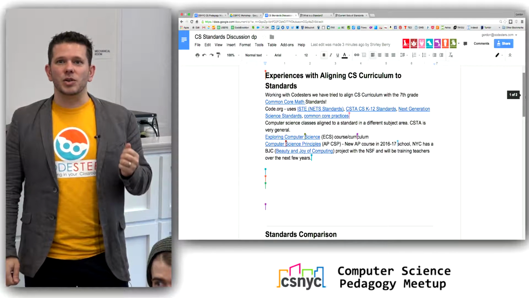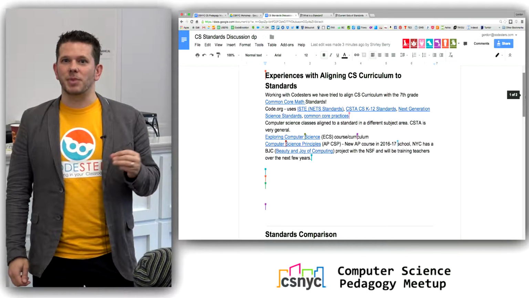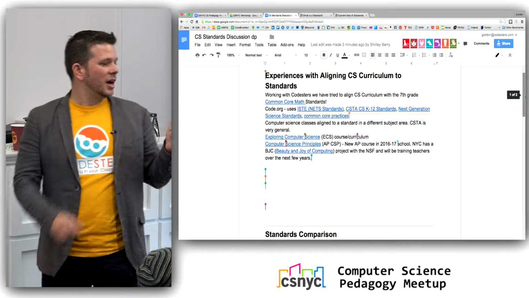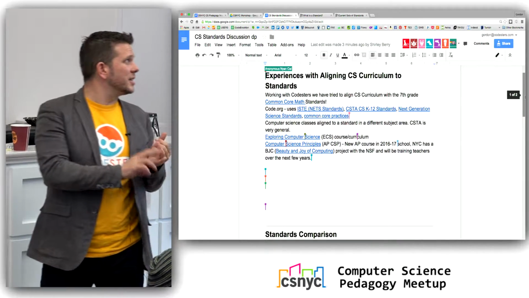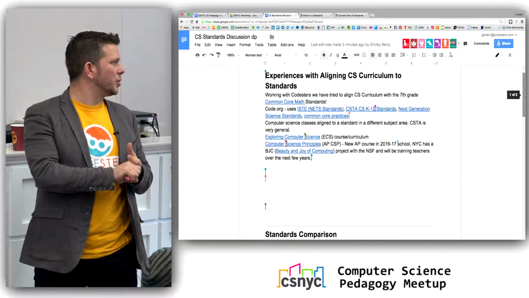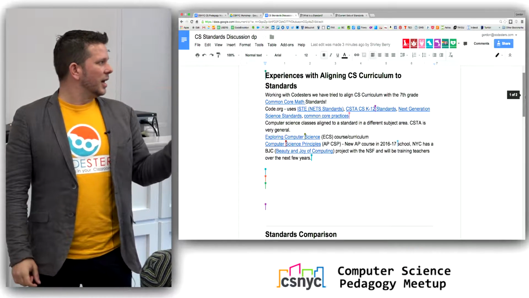The next thing is going to be to look specifically at these standards and do a little bit of a comparison of what they mean. They're in that shared folder. We have handouts of a one-pager of the ISTE standards, the CSTA standards. What are the other ones? The user computing. Yeah. No, I'm sorry. The math. Next Gen Science and the Common Core Math standards.